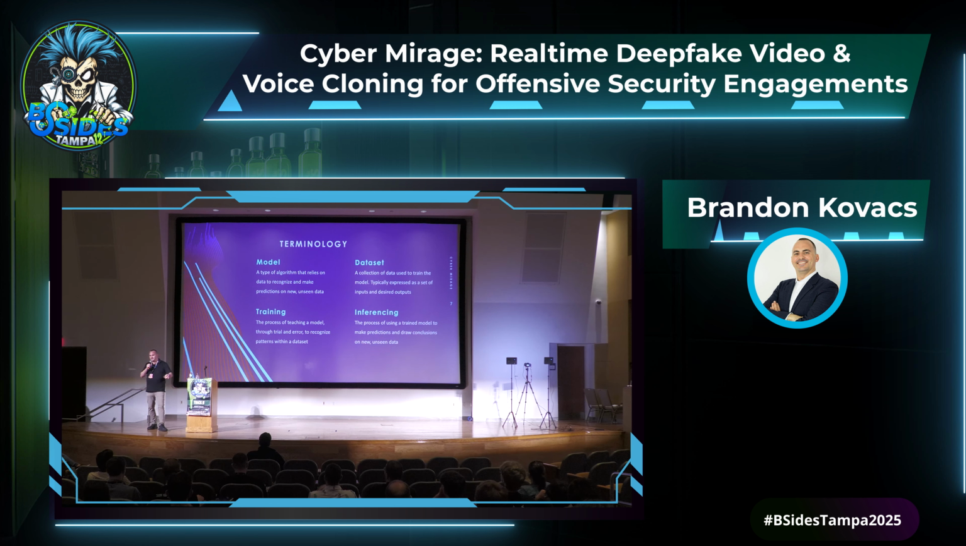So before we dive into the meat of everything, I think it's important to establish a baseline of terminology. At its core, a model is essentially an algorithm that's trained on a data set. Through a process known as training, it learns to recognize patterns and create a series of predictions. Then finally, through a process called inferencing, we take that trained model, provide it new unseen data, and it makes a decision and provides an output based on